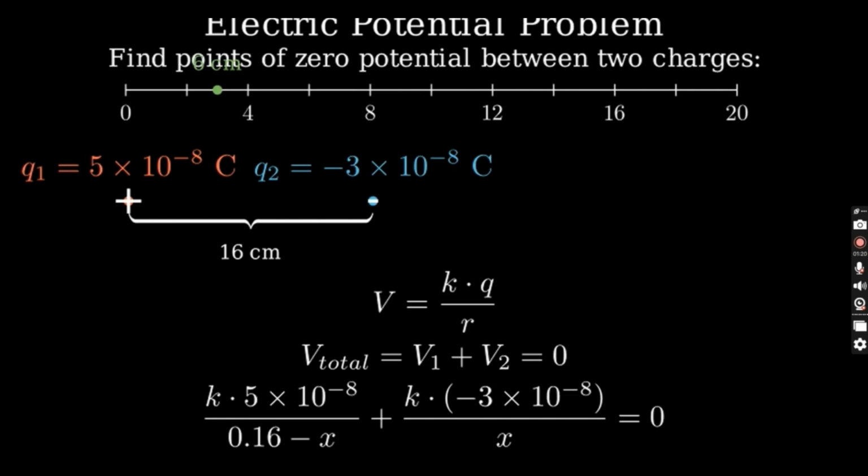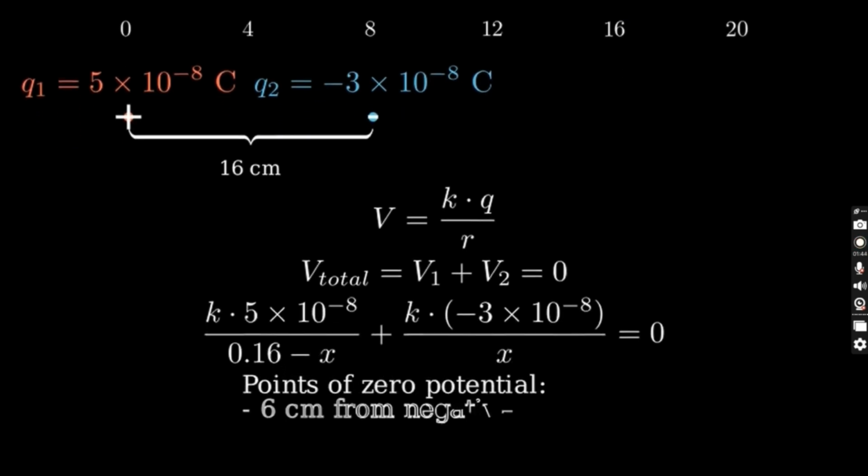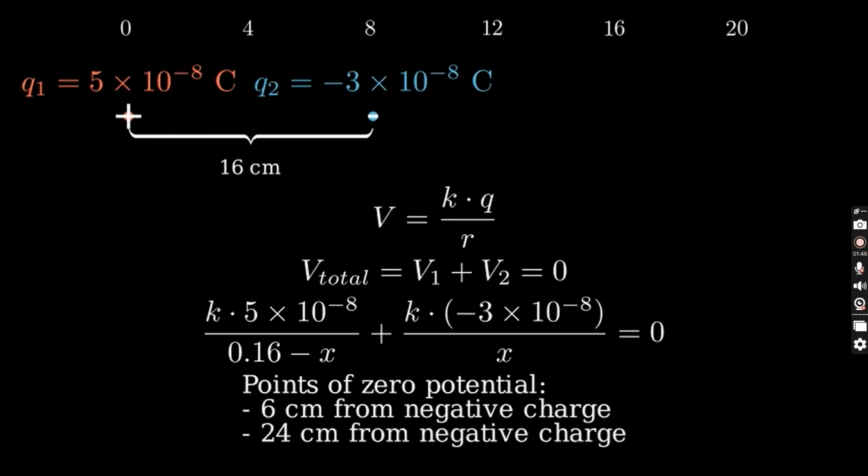There's also a second point of 0 potential. It's located at 24 centimeters from the negative charge, or 8 centimeters beyond the positive charge. Let's mark this point as well. At these 2 points, the positive potential from the positive charge exactly cancels out the negative potential from the negative charge, resulting in zero net potential. Notice that one point is between the charges, while the other is outside them. And that completes our solution. We found 2 points where the electric potential is zero, one at 6 centimeters and another at 24 centimeters from